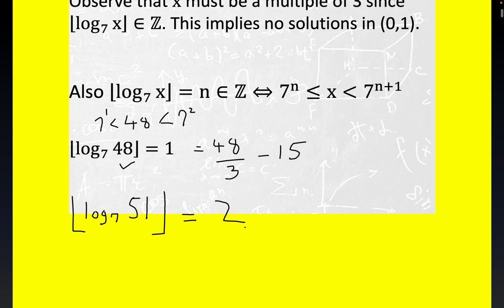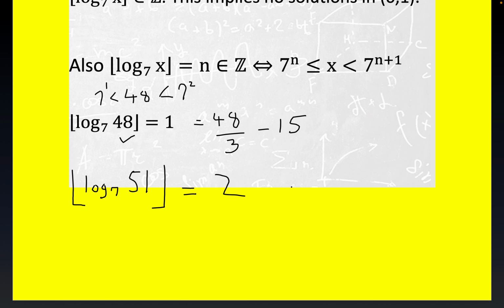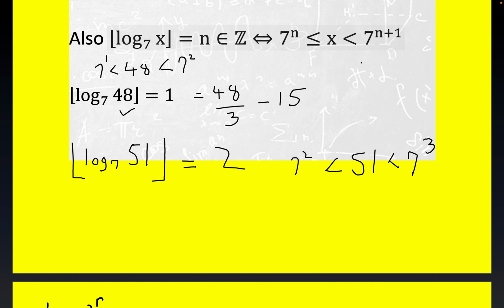right? And of course that's because, and let's write it out, 7 squared is less than 51. 7 squared is 49. But that's less than 7 cubed. And again, this is just in keeping with this general truth about the relationship between the floor of a log base 7 and then the exponential statement, okay? All right, so we have another solution here, folks, because this is equal to